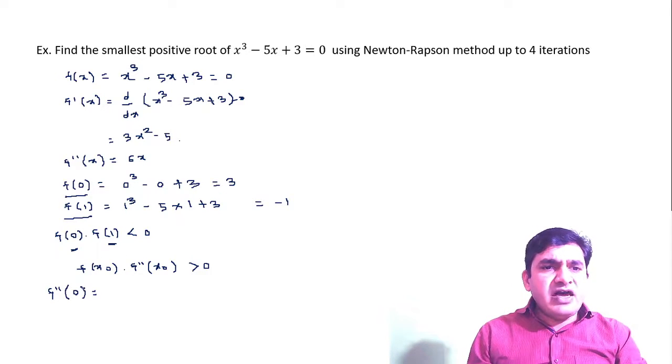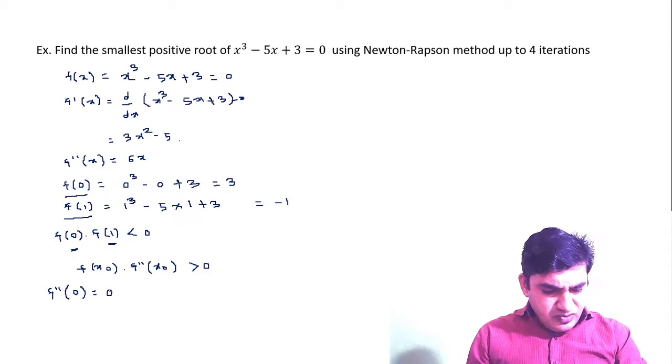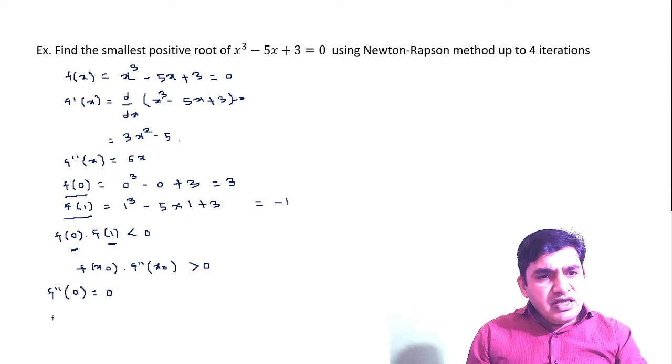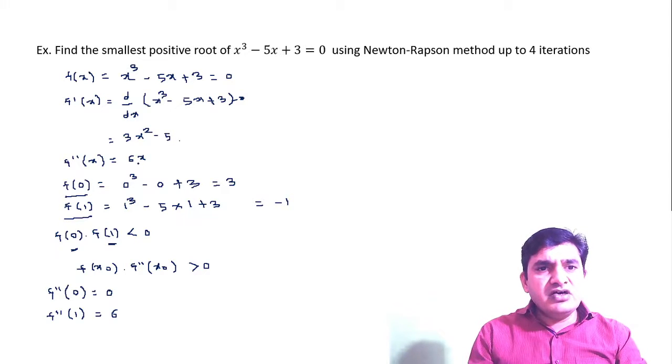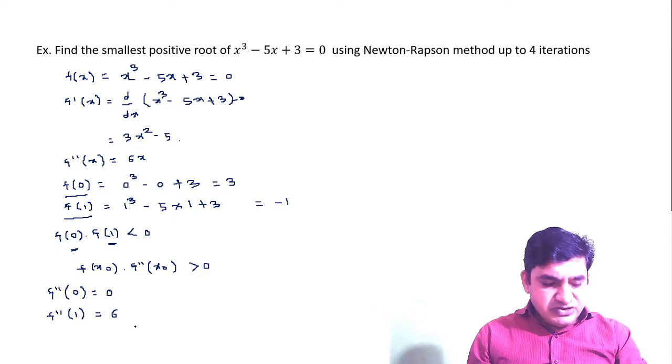When we put the value of x as 0 in f double dash, f double dash of 0 is 0. Now f double dash of 1 is 6 into 1, so it is 6. Okay. Now